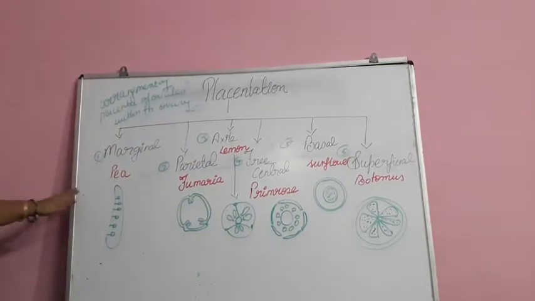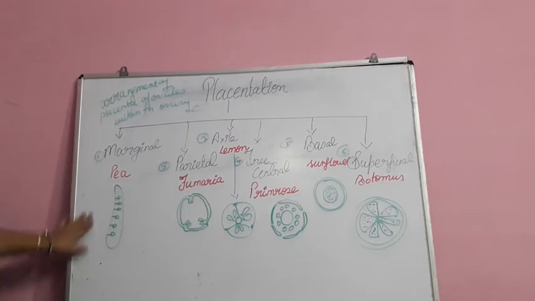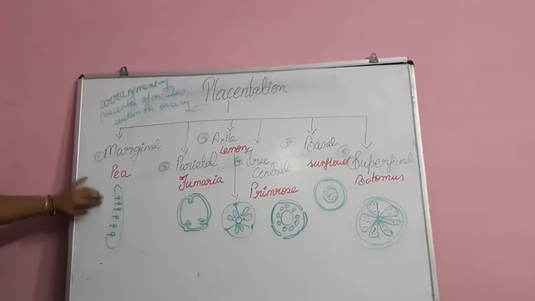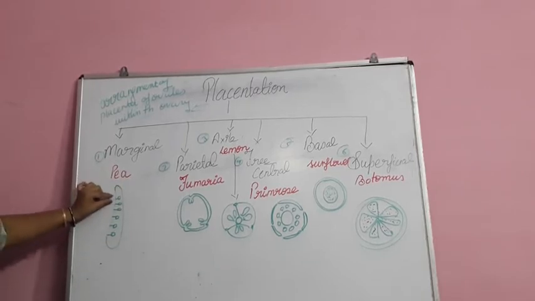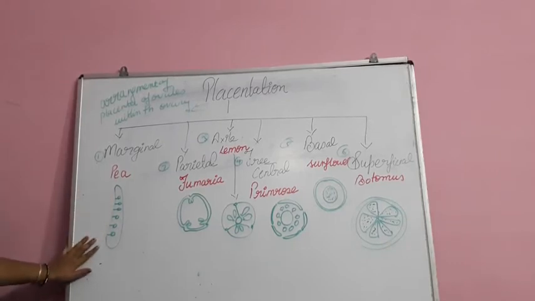So let us start with the marginal kind. In marginal placentation you will see a simple kind of placentation which happens with the monocarpellary ovary, and you can see this in the pea plant. In the pea plant you will see this kind of structure where inside the pod all these ovules are arranged like that, and they further get converted into seeds. This happens in a sequence, in a line, in a simple way, in the pea plant for example.